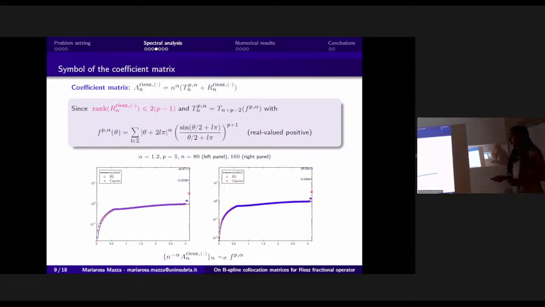This same behavior in the same scenario is also replicated for the singular values, where again, since the correction is also a rank correction, we have that in both cases, Riemann-Liouville and Caputo, there is a good matching between the evaluation of the symbol and the true singular values. And again, there are outliers. And again, in the case of Caputo matrices, the larger outliers are greater than in the case of Riemann-Liouville. Their magnitude is also increasing with n, as proved by these two pictures here, where n is equal to 80 and then n is equal to 160.